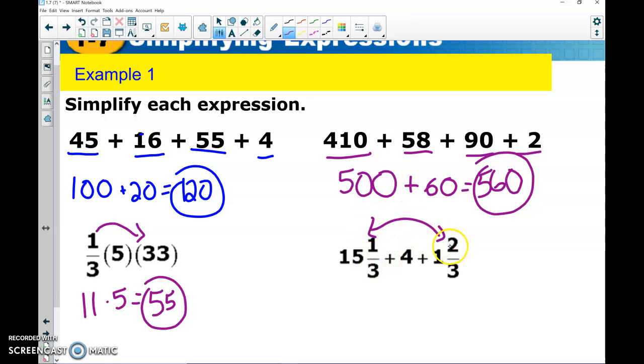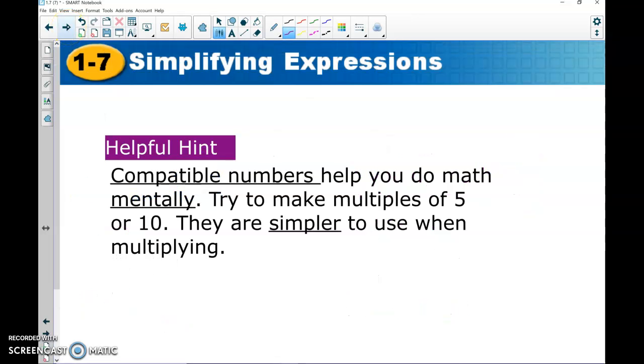So I have 15 and 1/3 plus 2/3. So 15 and 1 makes 16. And I know 1/3 and 2/3 makes a 1 whole. So really I end up with 17 plus 4. So 17 plus 4 is 21 then. So again, just by kind of stopping and thinking for a second before you actually start doing the math, will probably help you with your